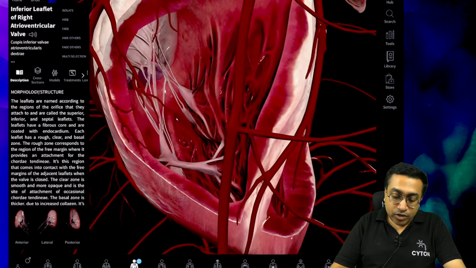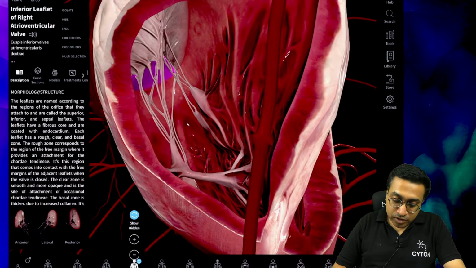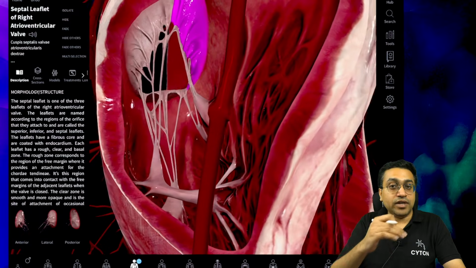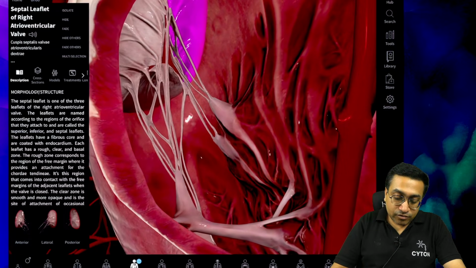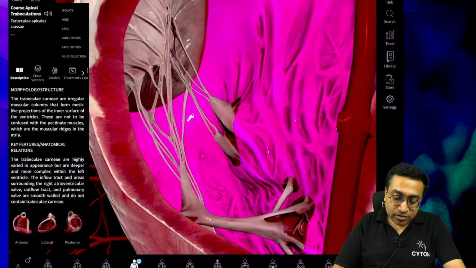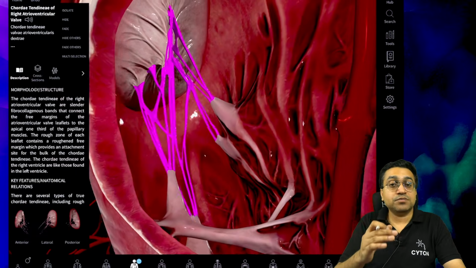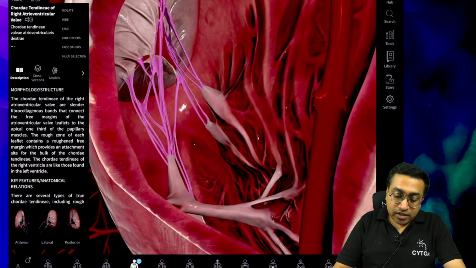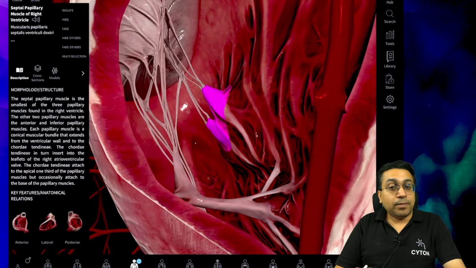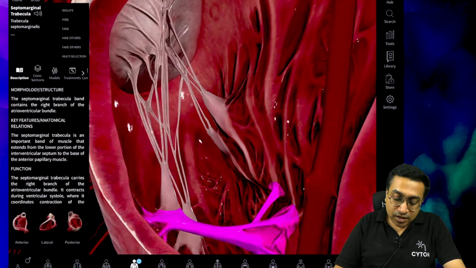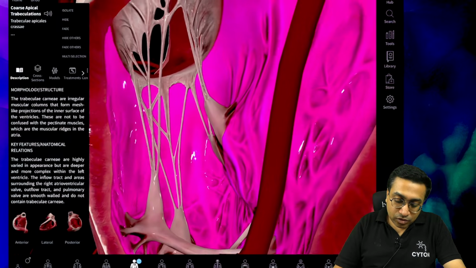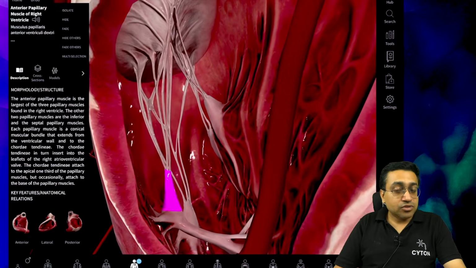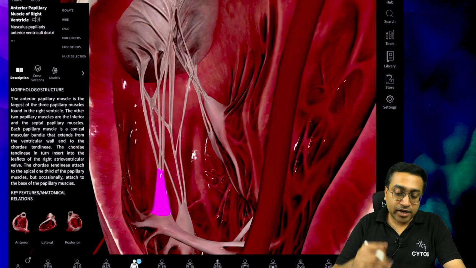All right, and here you can see a lot of things. Just let me remove one layer more. Okay, here you can see these cusps which were shown from the other side, and you can see the wire like structures which are connecting the cusps to the muscles. Okay, so these are known as the chordae tendineae, we will talk about in the heart chapter in the thorax. These are the papillary muscles. Okay, you can see the 3 sets of papillary muscles on this side. Okay, so 1, 2 and 3 cusps on the right side, 3 papillary muscles connected by the chordae tendineae.